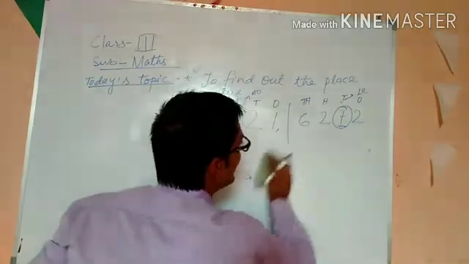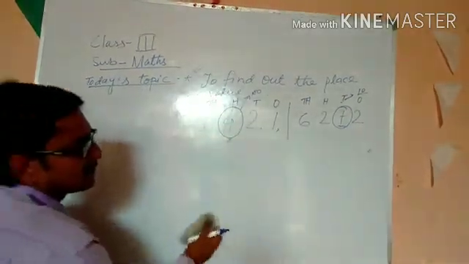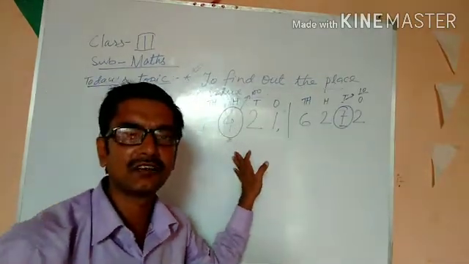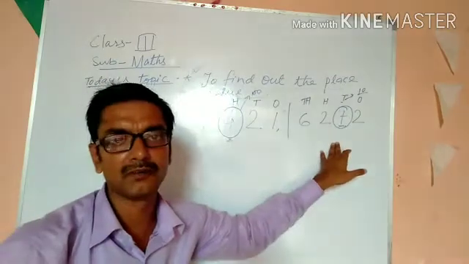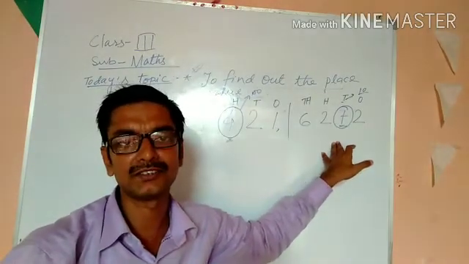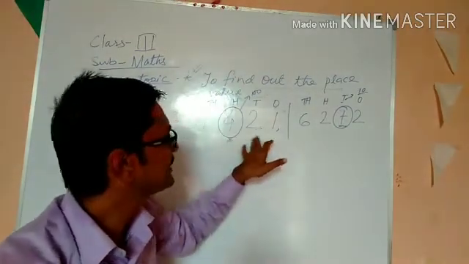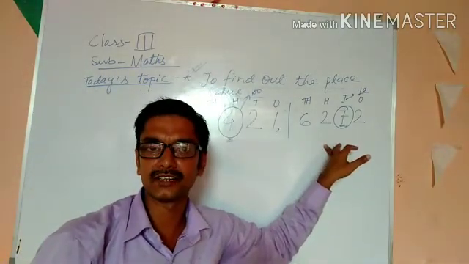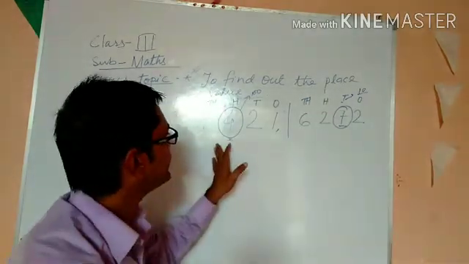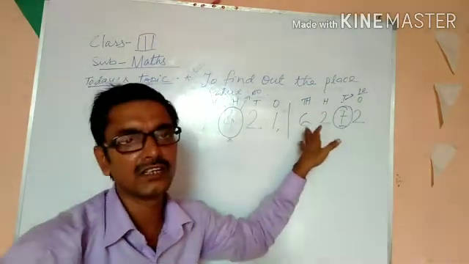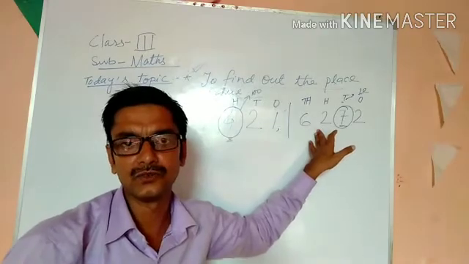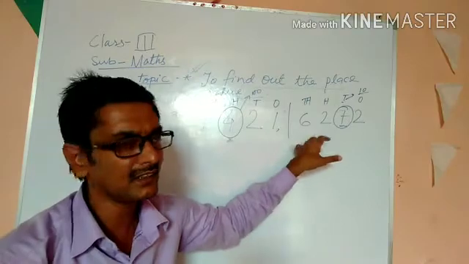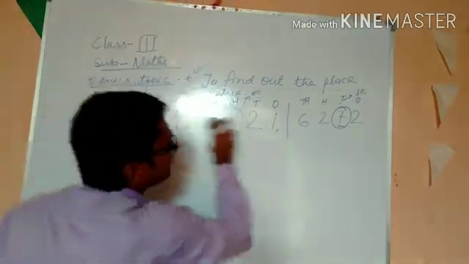Now, in worksheet number 1 there is some worksheet which is based on this problem. Okay, as you can see in worksheet number 3 or 4, you can find this particular problem in the chapter, in the unit. So you will try yourself to find out the encircled number's place value. You can easily find the place value with the help of this. Is it clear? Now second, we have to move ahead.